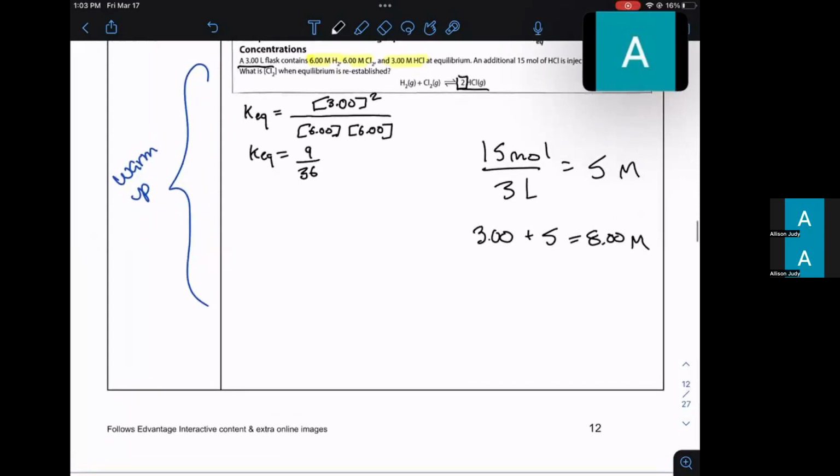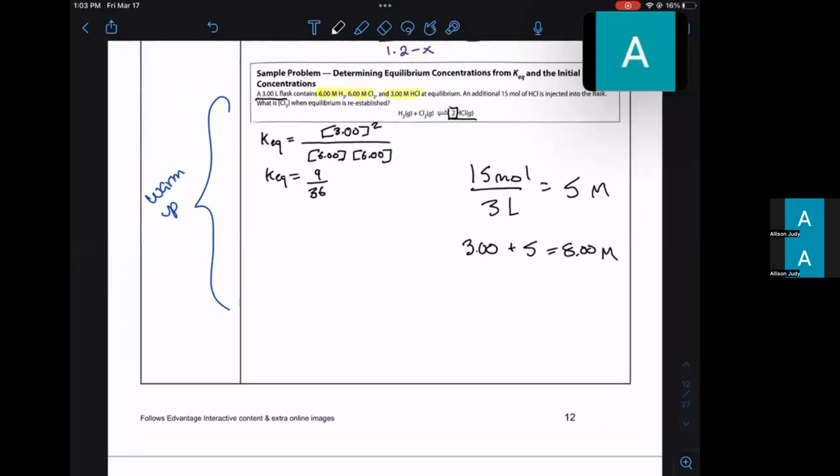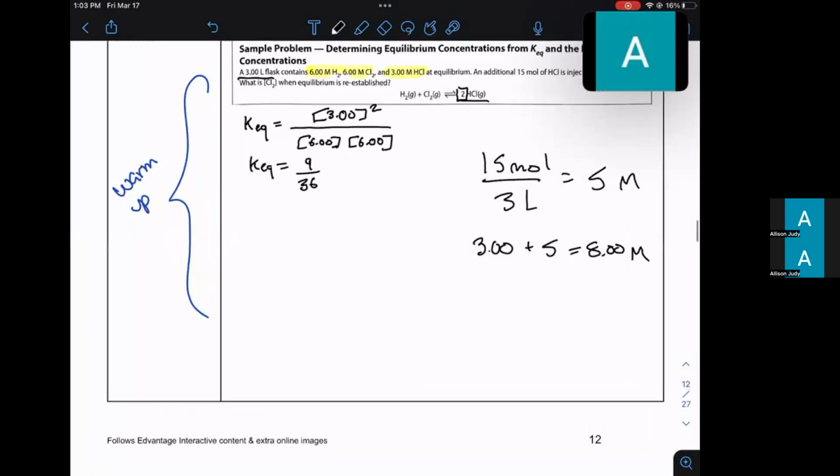So that is maybe, at this point, I guess you could use an ice table and use these 8 and 6 and 6 as your initial values, and then use the KSP to give you your final values at equilibrium. But I'm going to do this slightly differently. This might or might not be helpful to you guys, but in this situation, because our ratios are so nice, we can actually just think about this a little bit and do it with regular old math. We want in the end to have a 2-to-1 ratio of each of our reactants to the